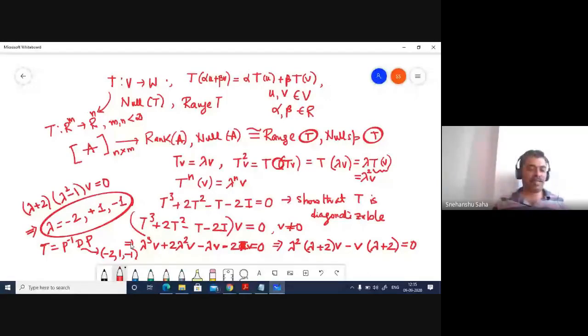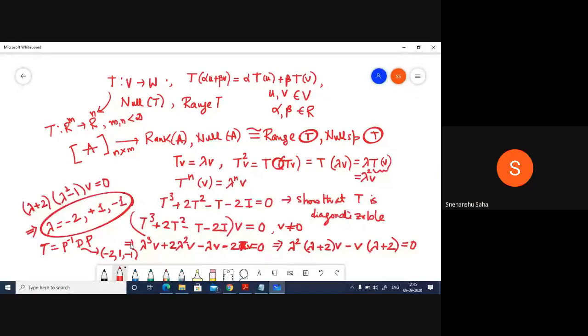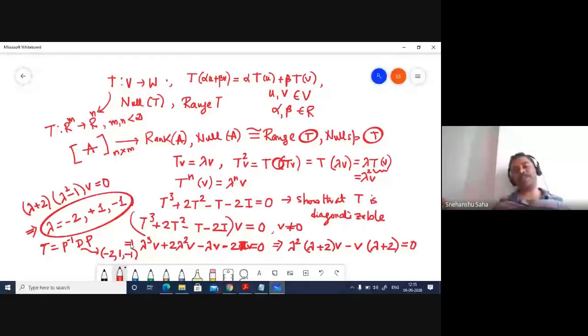What do you mean by finite dimensional vector spaces? How do we compute the basis of a vector space? How do you compute the basis of a null space? How do you compute the basis of a range, which is nothing but the rank? What are the implications of certain results? For example, the rank nullity theorem: if there is a linear transformation that goes from a finite dimensional vector space to another vector space, then the dimension of the vector space V is equal to the dimension of the null space of T plus the dimension of the range of T. And this has a number of implications in systems of equations, invertible transformations, and so on.